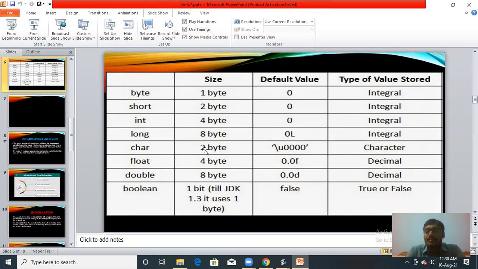And 2 bytes means what? 16 bits. In your book it is written 16 bits of memory. 8 bits of memory makes 1 byte, so 16 bits make 2 bytes of memory. It is used to store a single character in your program.